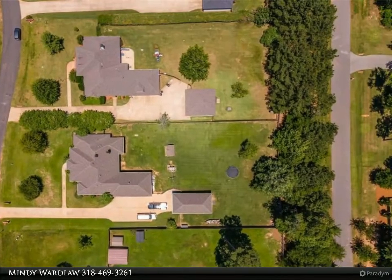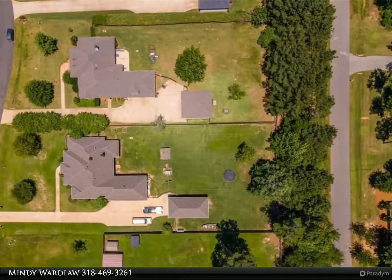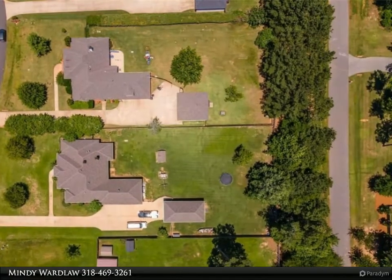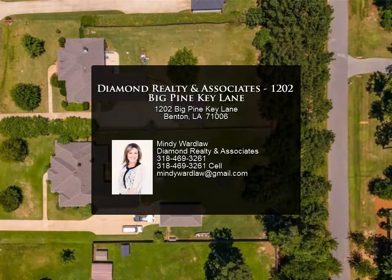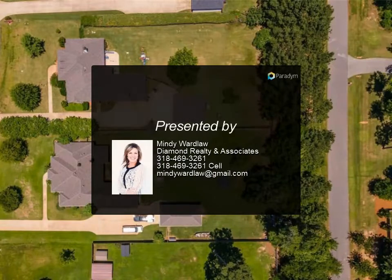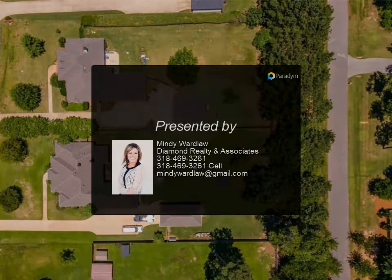Tons of attic storage too with extra board insulation for low utility bills. Outside, wow! Fenced huge backyard that backs up to green space, outdoor entertaining area with fireplace, and detached garage for the boat and back